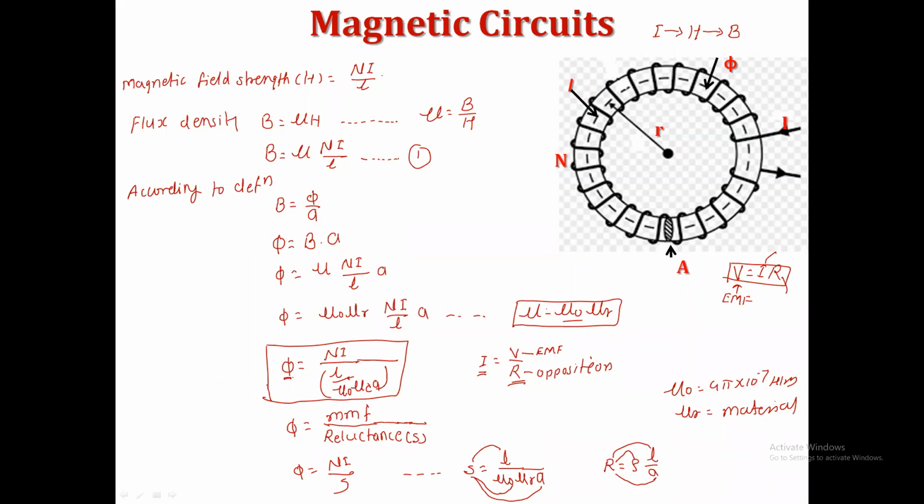In the first step, we use the concept of a solenoid coil. In the solenoid coil, H is equal to Ni upon L. In the second concept, we use the concept of permeability, where we got the formula B is equal to mu into H. In the third step, we got the definition of flux density, which is phi upon A. And in the next step, we use the concept of permeability once again, which is equal to mu naught into mu r. And with this concept, we successfully built up the formula for Ohm's law in the magnetic circuit.